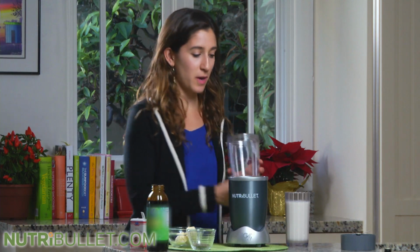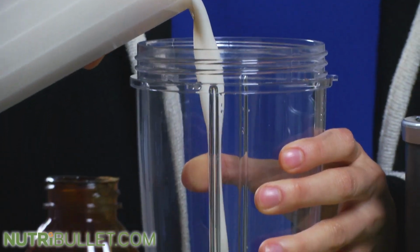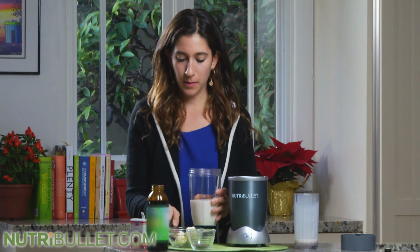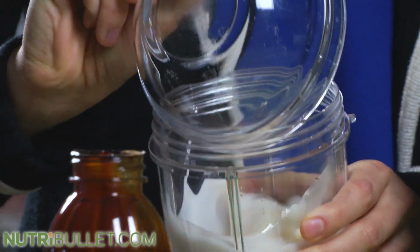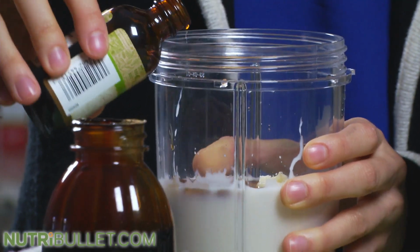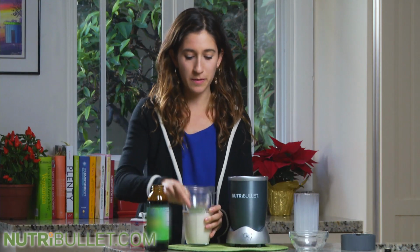We're gonna start with a cup of almond milk right in, and I put that in first so none of the other ingredients stick. Then we're gonna add a banana. You can have a frozen banana or a fresh banana, a teaspoon of vanilla, a tablespoon of chia seeds,